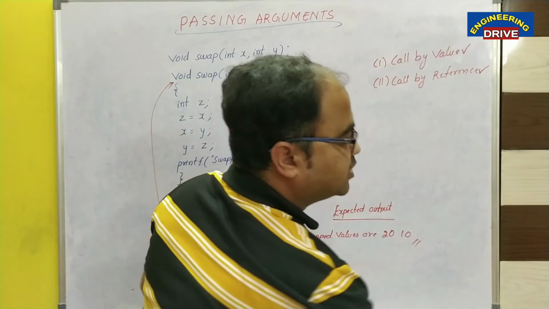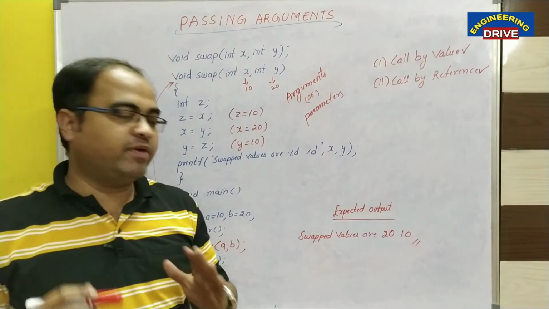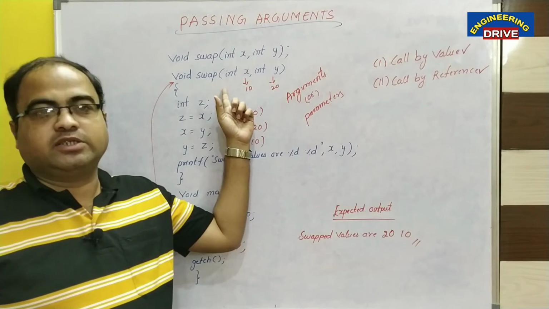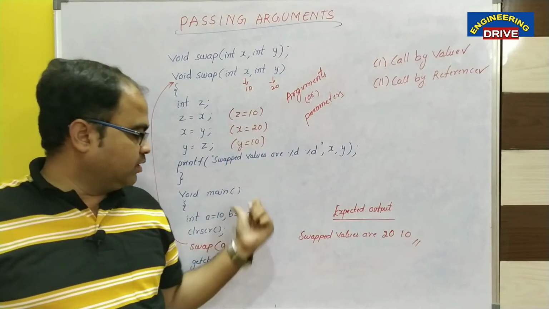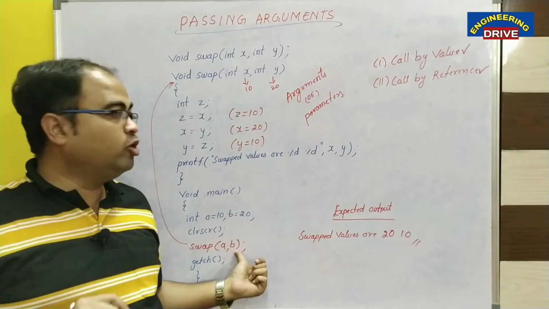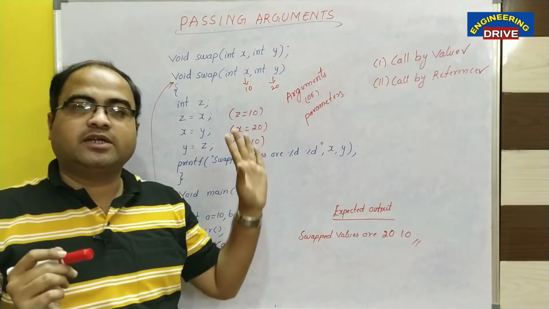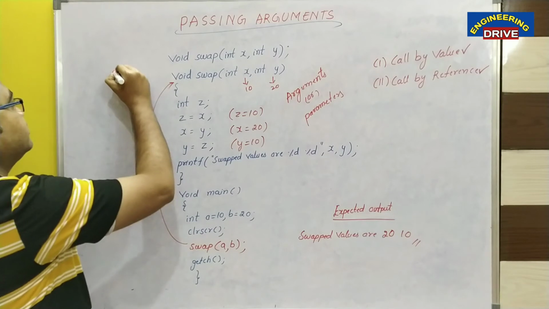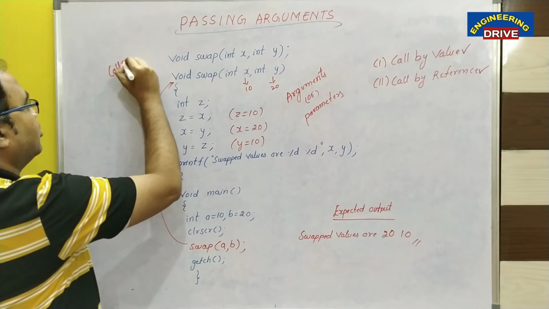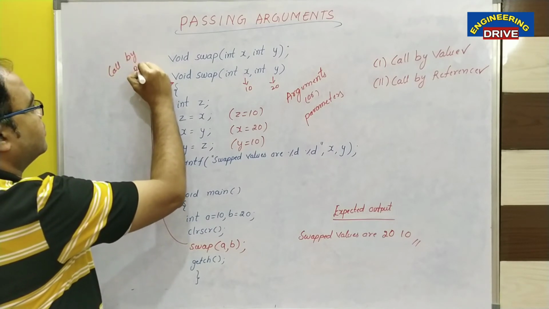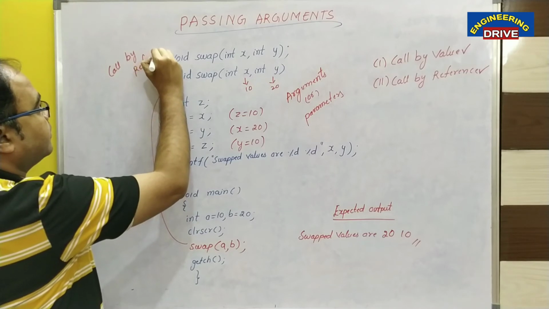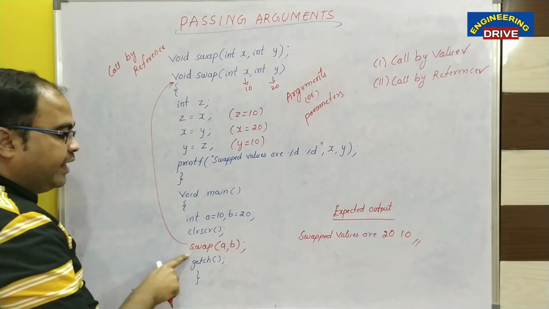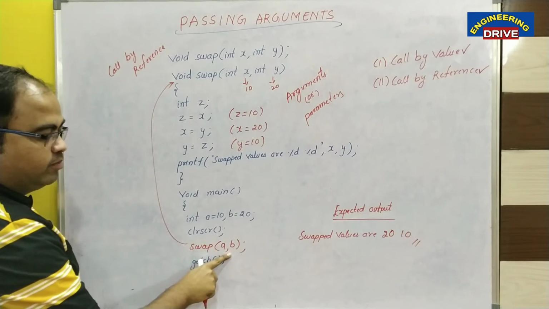So already I have discussed what is call by value. In call by value, the value of the variable will be passed to the user defined function. The process of passing the value of the variable to the user defined function is call by value. What is call by reference? Let us see now. Call by reference. So in call by reference, what we are going to do, instead of passing the values of the variable,